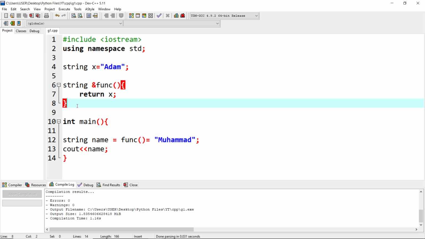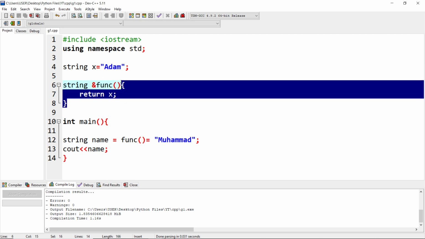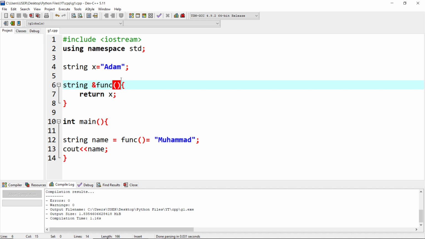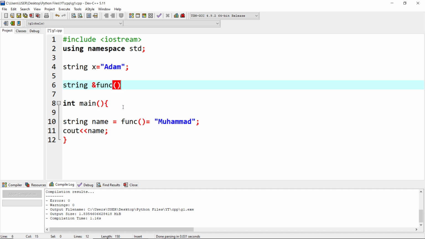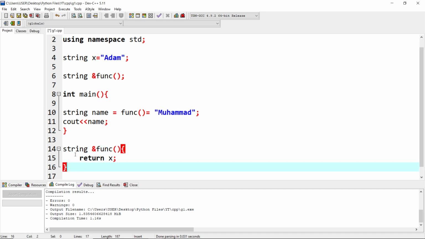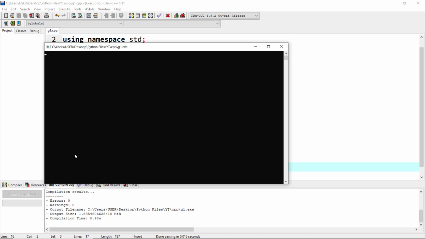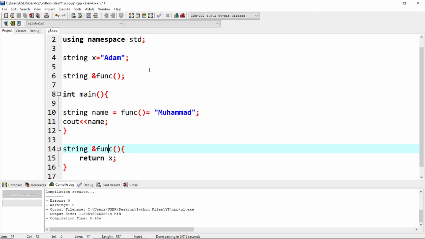Now another thing to note, which you perhaps didn't know before, is that in C++ you can actually declare a function like this as well. If you just drop the body, here you have a declaration. Outside of the main, just after the main, you can have string with the same function body, and you can declare a function like that. You can have a function and it would still work. Okay, so you can have a declaration before the main and you can have the actual function outside of the main. The point would be that you don't declare functions inside of the main. Alright,